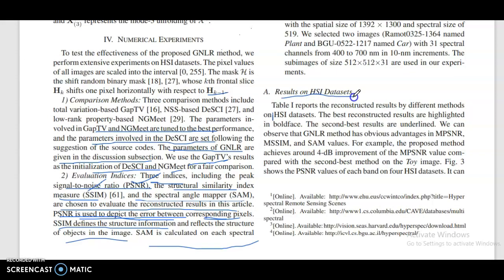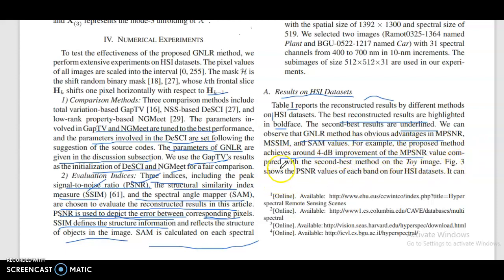Results on HSI datasets. Table 1 reports the reconstructed results of different methods on HSI datasets. The best reconstructed results are highlighted in bold. The second best results are underlined. We can observe that the GNLR method has obvious advantages in MPSNR, MSSIM, and SAM values. For example, the proposed method achieves around 4 dB improvement of the MPSNR value compared to the second best method